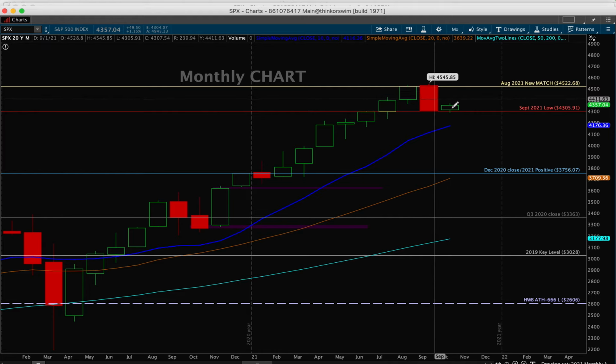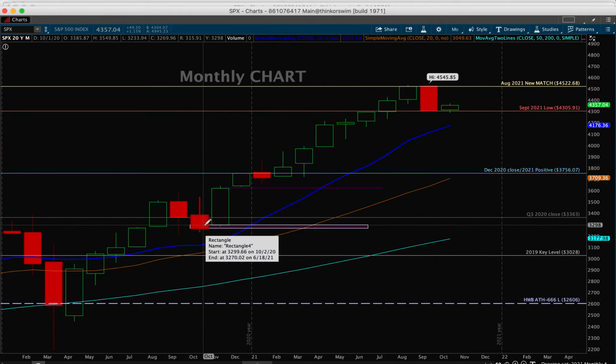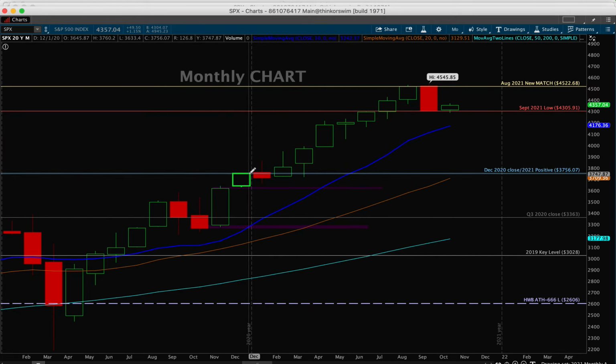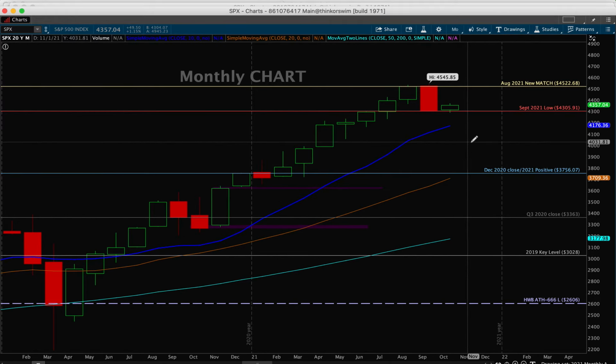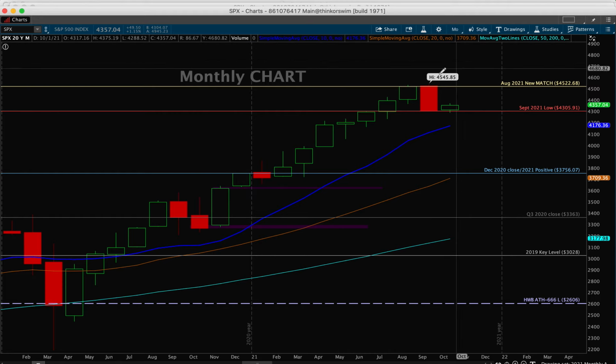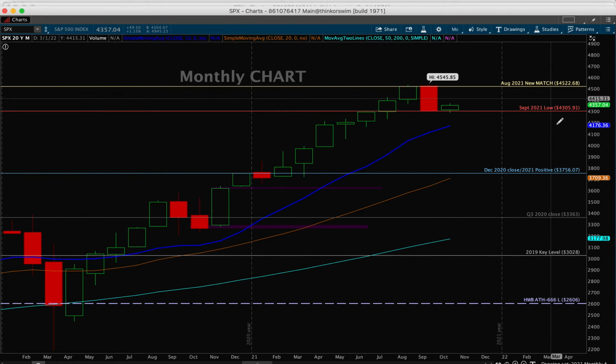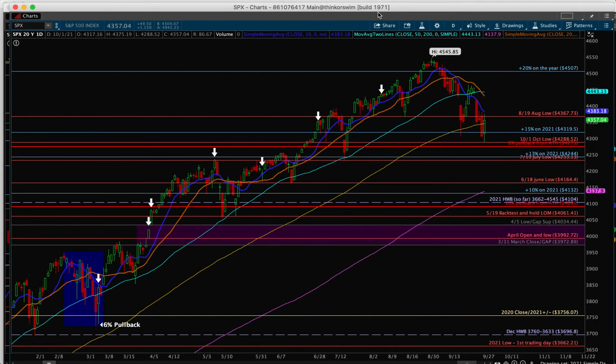Are we going to have 2 red months in a row like we did then, and then have 2 really strong months of rally for November and December? So keep an eye on the monthly time frame, and I have marked where that September low is. It's pretty easy, at 43.05. Once we break down below the low 4300s, we get into trouble because we're breaking below the previous month's low. All right, here is our quote-unquote simplified daily chart backed out.